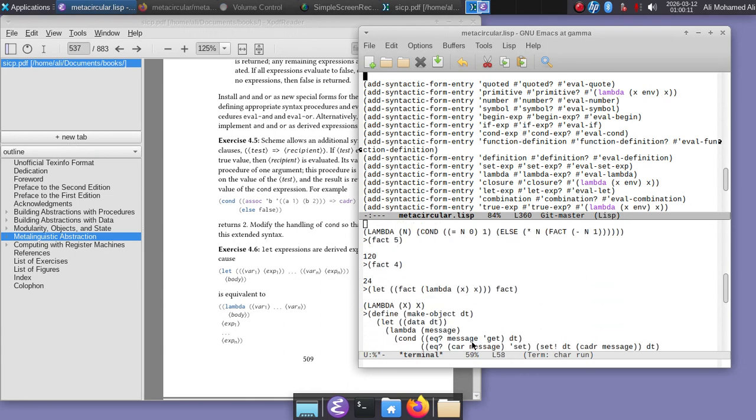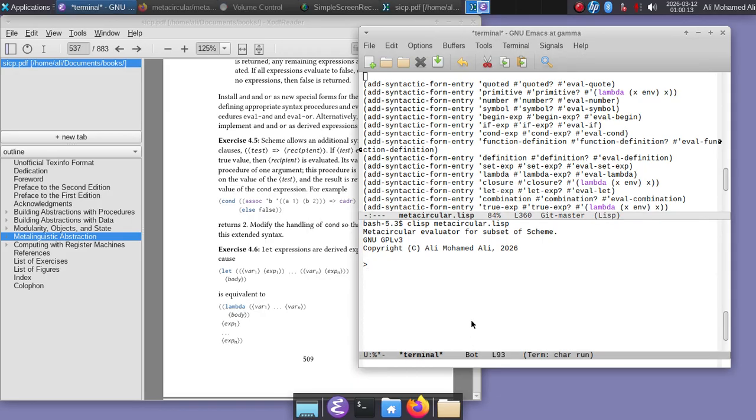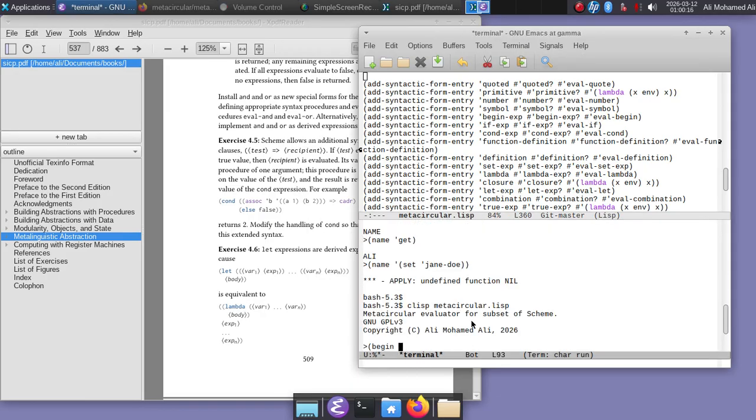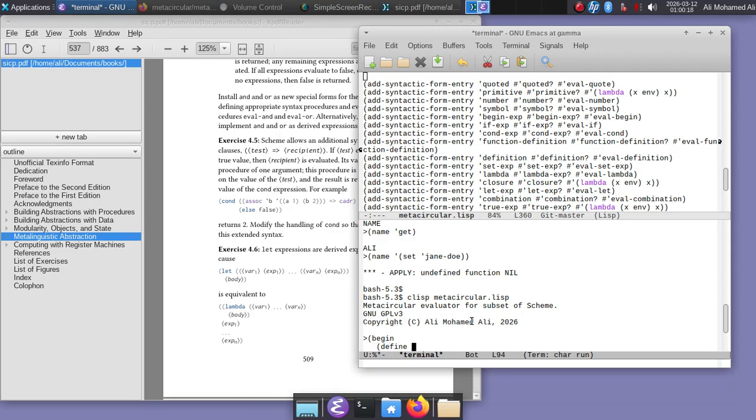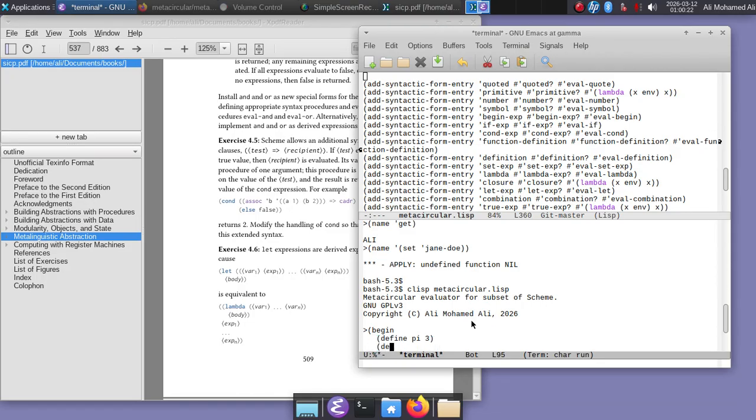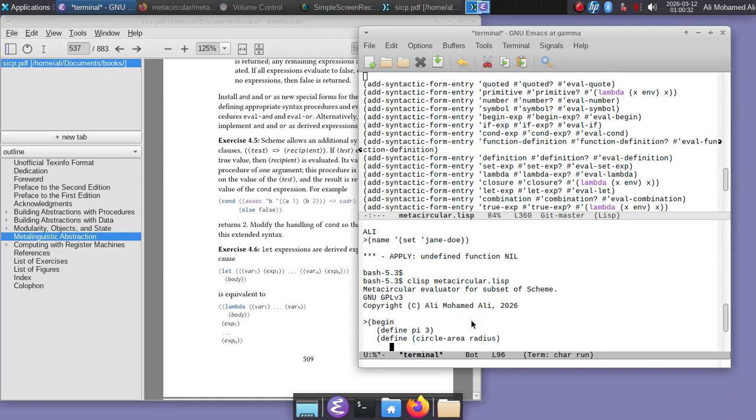Okay, we haven't shown begin expression. So let's do begin. Begin, define pi 3. Define circle area taking radius and return multiply radius by multiply